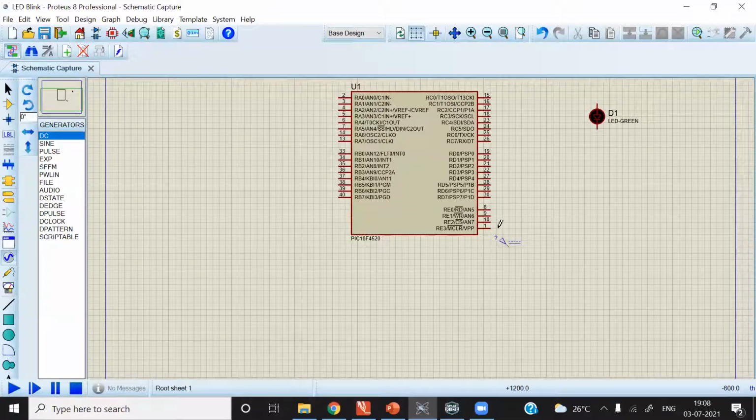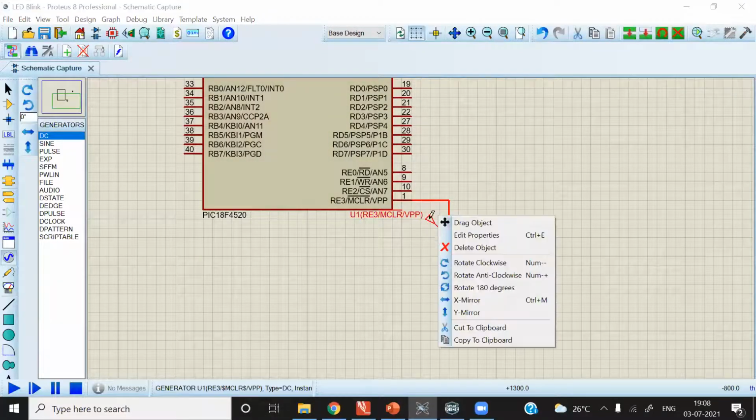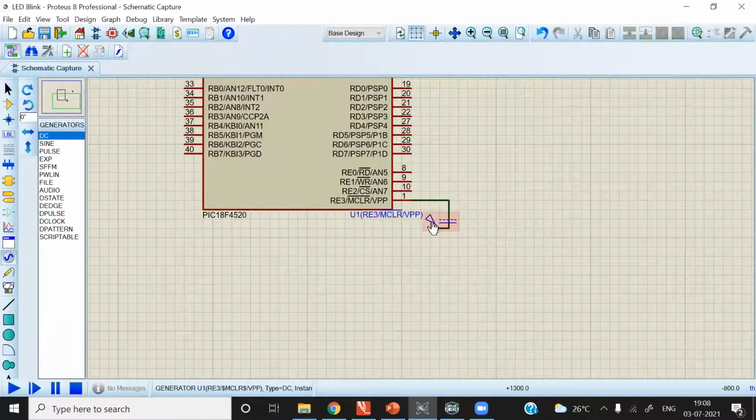After clicking that, what you can do to connect the power supply with the microcontroller: you have to just connect that with this. Just click here. Okay, I will zoom here. I will show you how to do that again. Just delete that wire. Just click here, and after that drag that wire and connect to another component. In this case, it is the power supply. Okay, so we have to set this power supply to 5 volts because the operating voltage of the microcontroller is within that range.